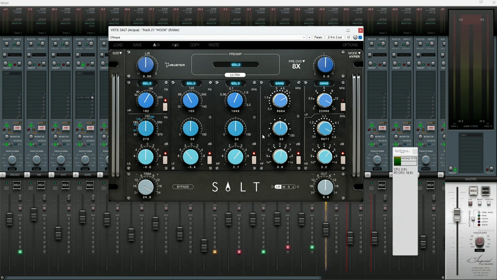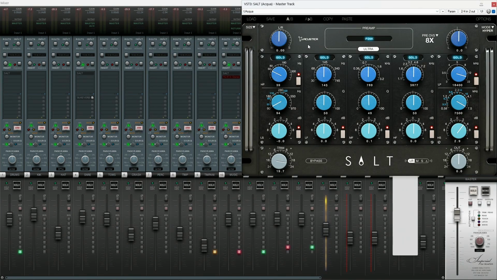It's light on the CPU, quite flexible. You get some saturation in here. You do get some harmonic content from the channels that were sampled. And yeah, if you spread this across your tracks, it'll be like having a conventional console without the compressor on every track. And sometimes you just don't need to have a compressor on every track, but EQ on every track is always a good thing, right? That just allows you to help things come together. Outside of that,